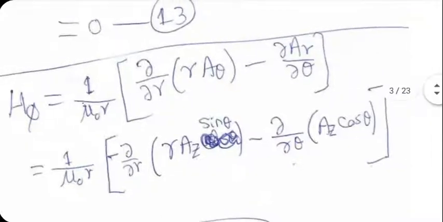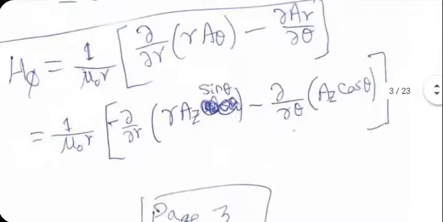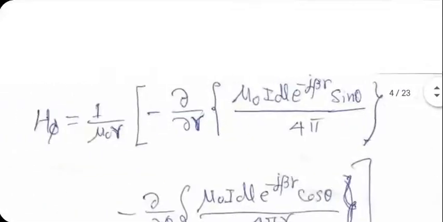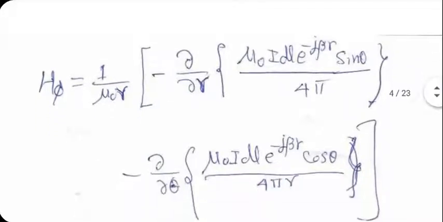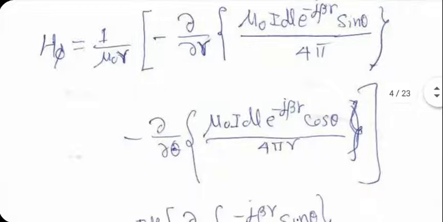And Ar is Az cos theta. So this minus also remains. So both the minuses come out. Actually, I have not done that. I have kept plus sign outside, and within the brackets, I have kept minus sign in both the terms. I have substituted the value of Az that we have got. The book doesn't show all this in detail, so that's why I had to do it carefully.